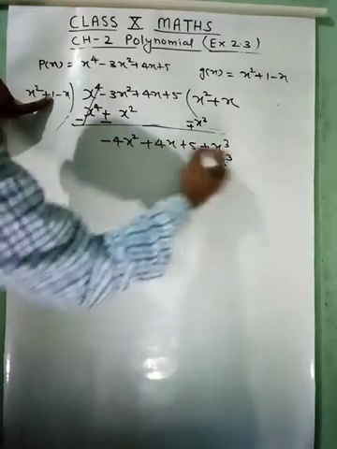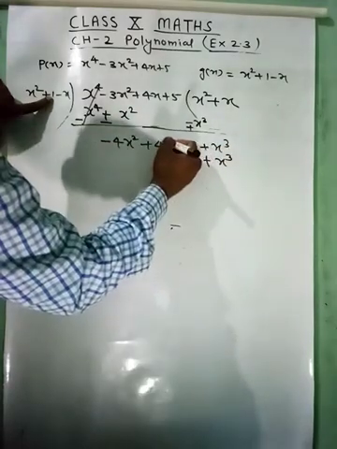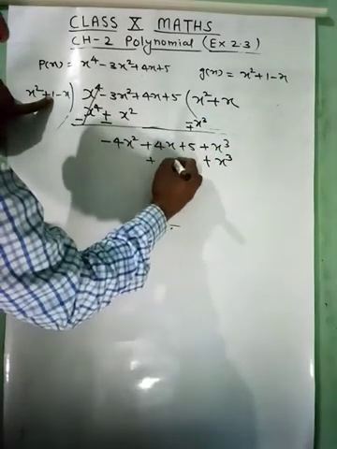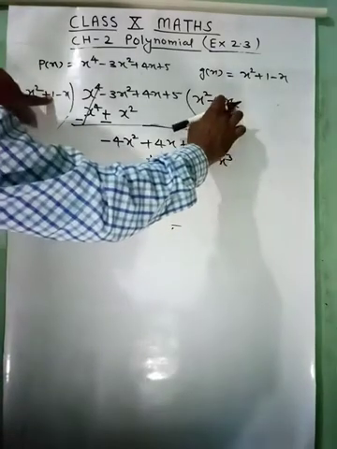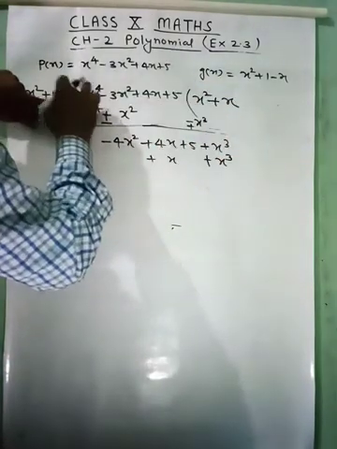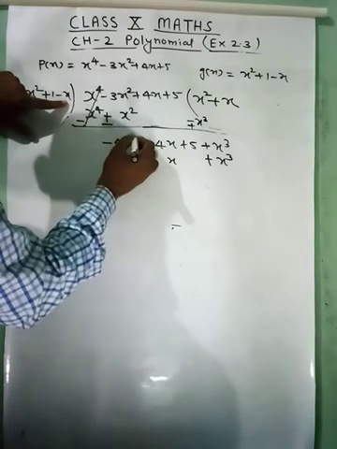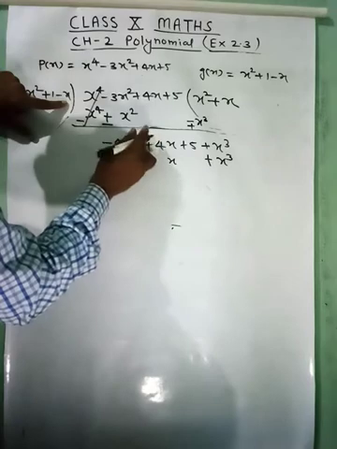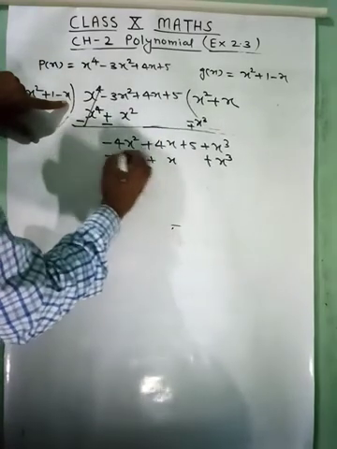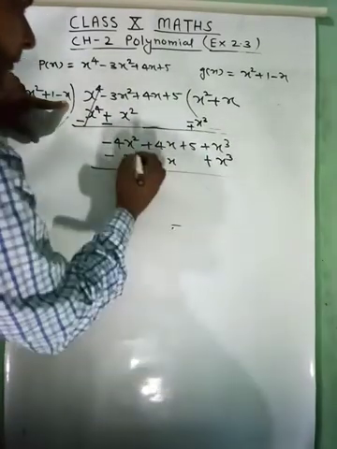So we will see in this expression where is x, here is x, so below it we can be writing x with positive sign. When x is multiplied with minus x it will be minus x square, so we know that it is the exponent of x square, so below it we can write minus x square.